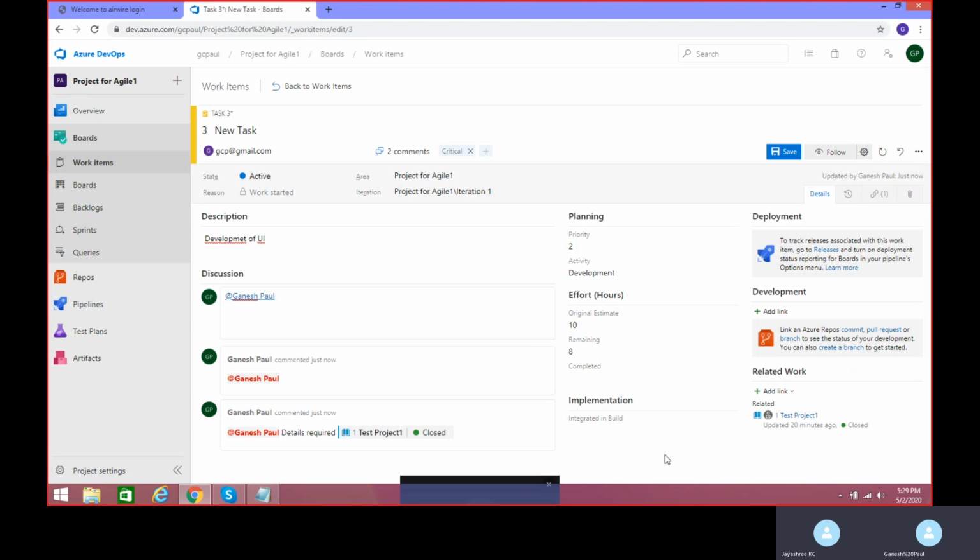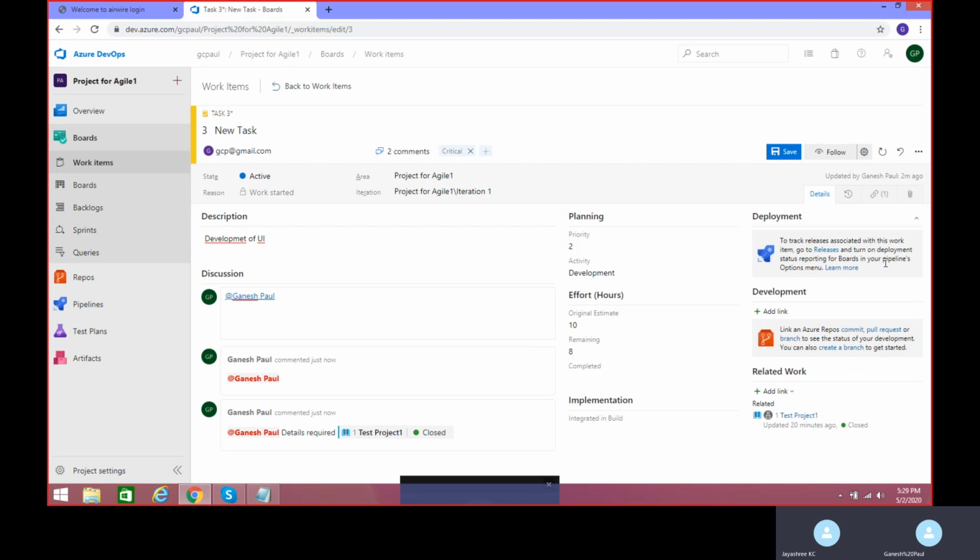So after that, on your right-hand side, deployment is a section which will be automatically added with respect to your pipeline. Whenever I'm creating the pipeline, I need to make sure that whatever development has happened, all those work items I want to pull into the development. We'll be seeing how to add the work items in pipelines as well, how to link the work items for the ongoing build pipeline. That we will see whenever we are seeing the build pipeline.